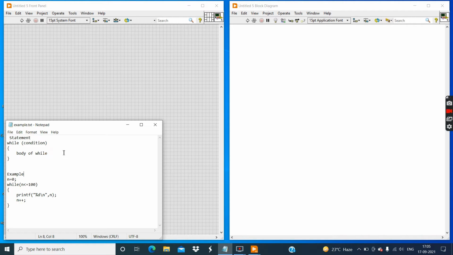Here you can see the statement of a while loop in C programming: while, then the condition, which should be a valid logical statement, then the open curly bracket, then the body of the while, then the close curly bracket. Let's understand it by an example. You can see initialization n is equal to 0, then the while and the condition n less than or equal to 100, then the open curly bracket, printf, that is print the number, then increase the number, and then